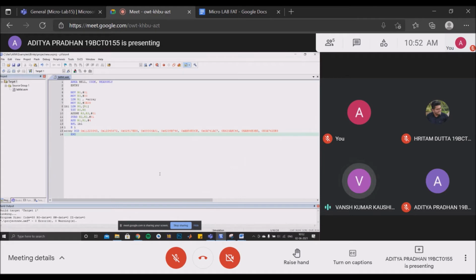And the value in the R0 register is currently 1, and the result of this bitwise AND operation would affect the zero flag register. Now, if the R5 register has an odd value, then the zero flag would be set to 0, and if the R5 register has an even value, then the zero flag register would be set to 1.